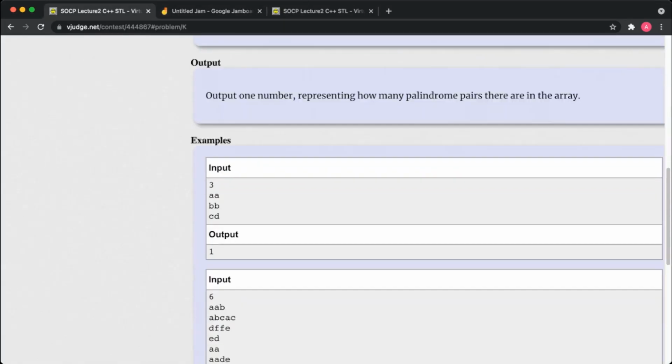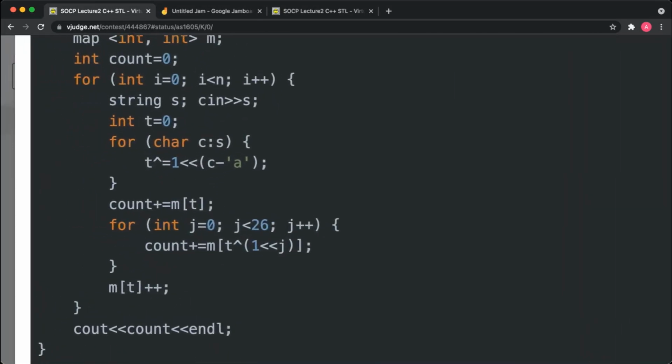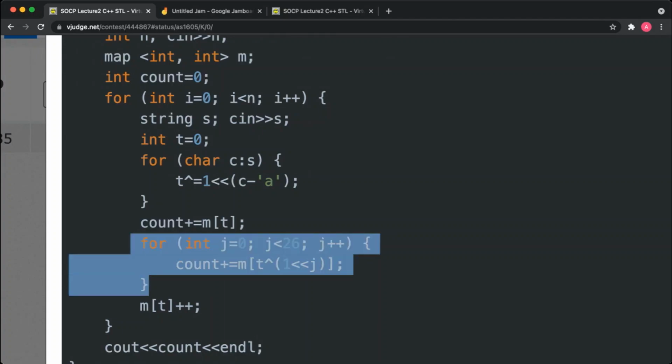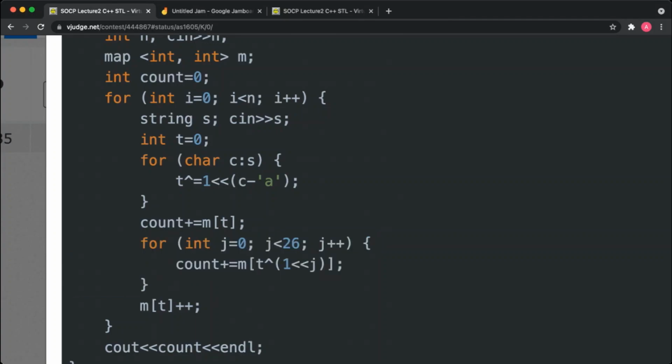We will show the code again. So here we have got the C. Now here we have completed the bit mask. And here we have counted the number of strings which had that same parity, like when we combine this string and the other strings, we will get an even total length and all the characters occur an even number of times. And here we are handling the case when the combined string has odd length and one of the characters occurs an odd number of times. So this j character is the one which is occurring an odd number of times.